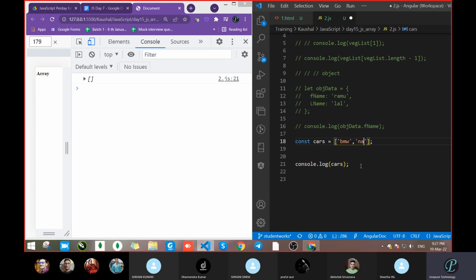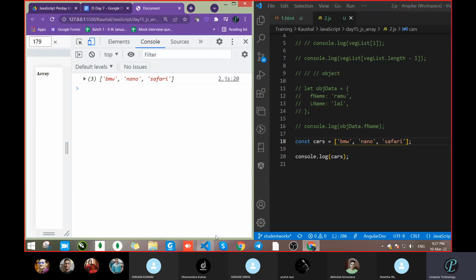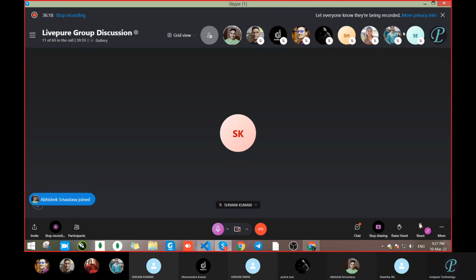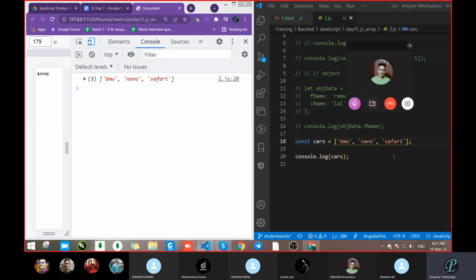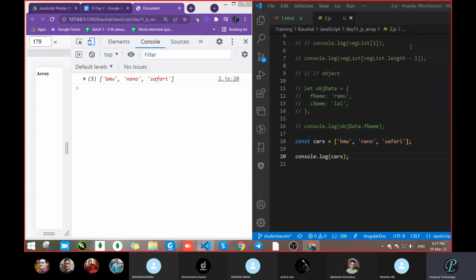Then next, Nano. Then Safari. Let's save the data. And now we will get 3 data. Fine. So whatever data we passed, we got that.